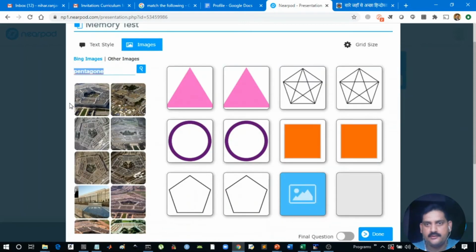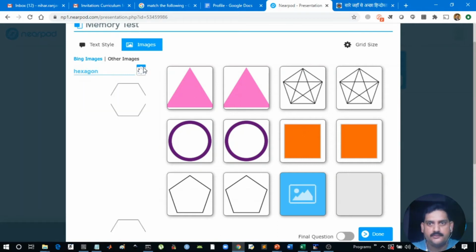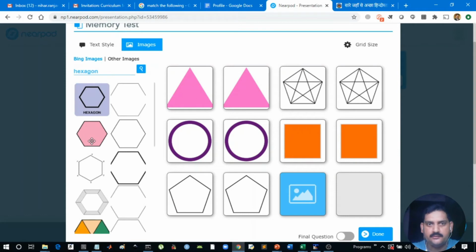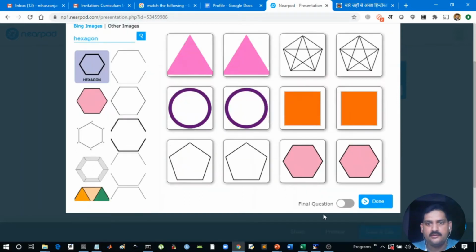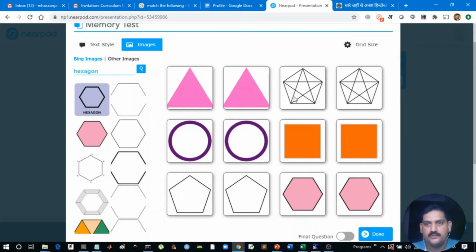Square. I think the square is there. Hexagon is there. So I need to put a hexagon. Let this one be here. Right. Now grid size is 6 pair, 8 pair, or 12 pair. Now this is done. Final question. Okay. Now let us see. Done.